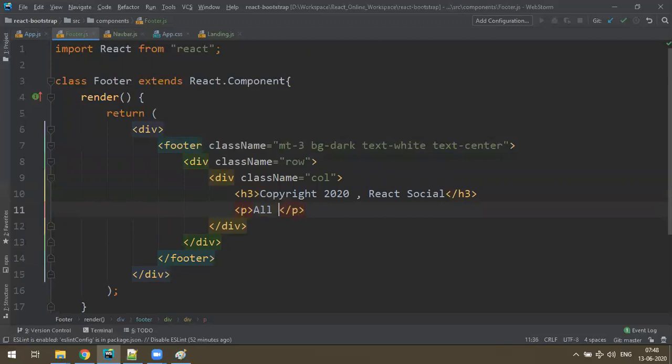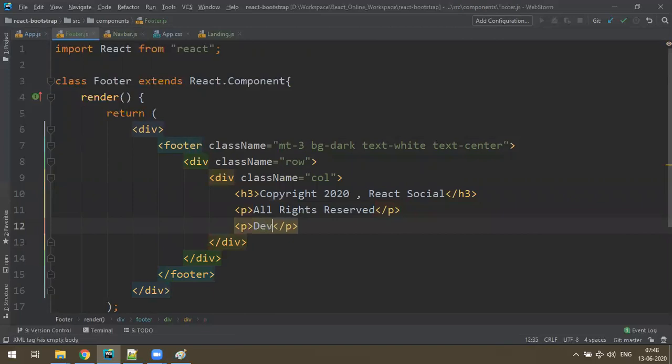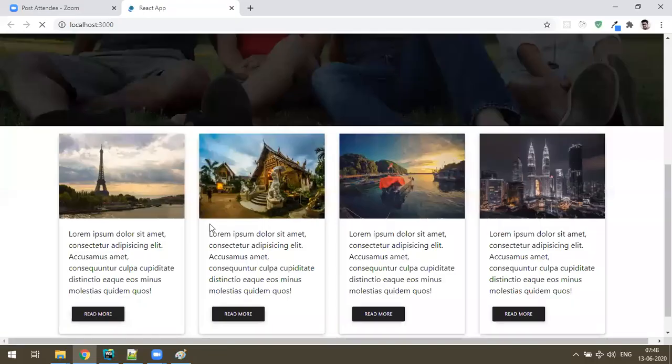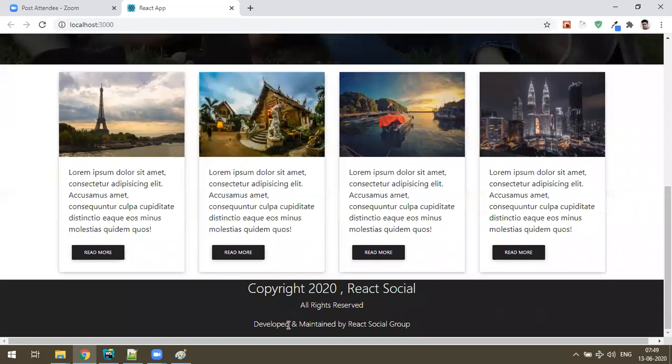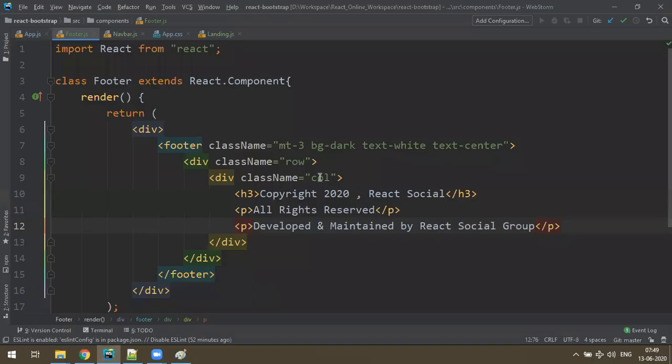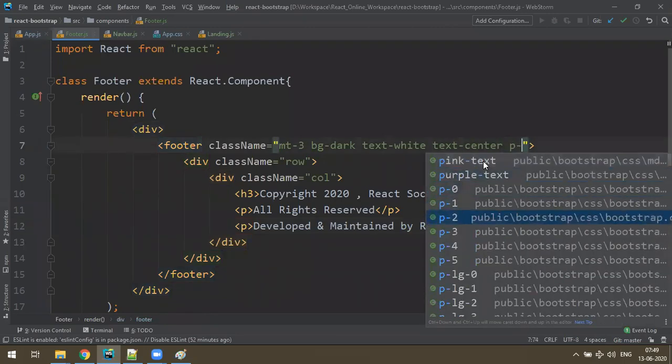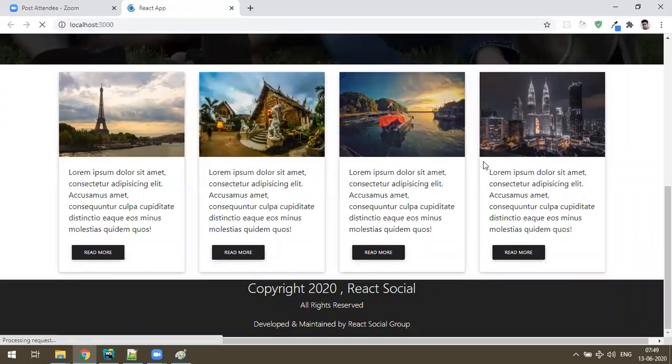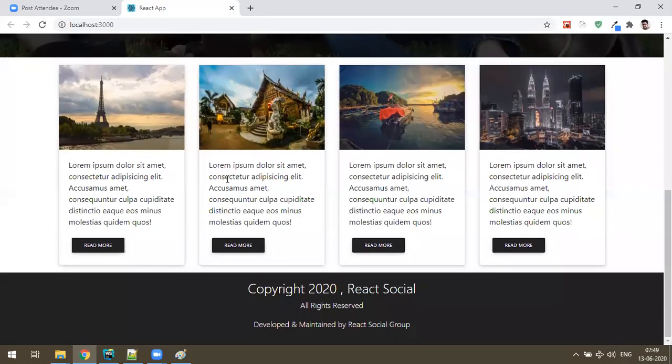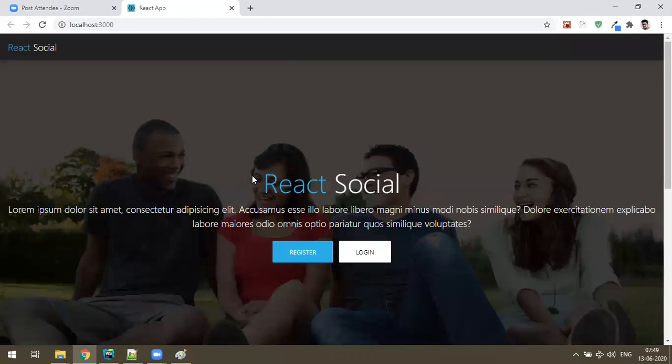So all rights, and one more, developed and maintained by React social. Okay, fine, looks good. Now check. You get some nice card, and I want to give some nice padding. Let's make some padding p3. Okay, so looks good.